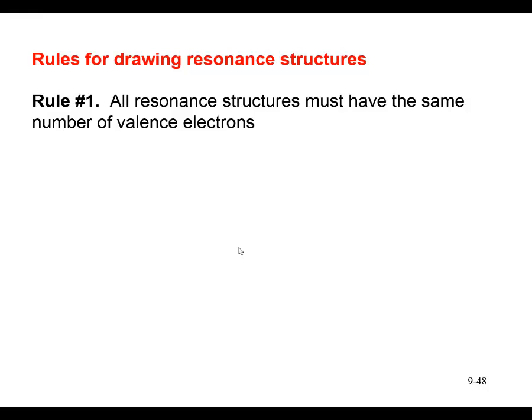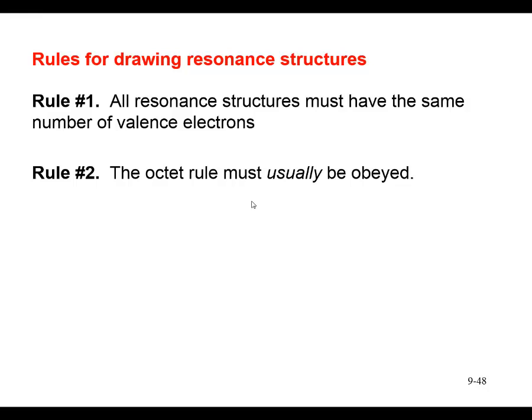So to draw my resonance structures, all these equally stable Lewis structures we might have, there are a few rules we must follow. First of all, the resonance structures must have the same number of valence electrons. So we must have the same number of electrons in every one of our resonance structures we draw. We're not allowed to lose any or gain any extra. However, we are allowed to move the electrons around in our Lewis structures as long as we leave the atoms in one place. So the second rule we're going to follow here is that the octet rule must usually be